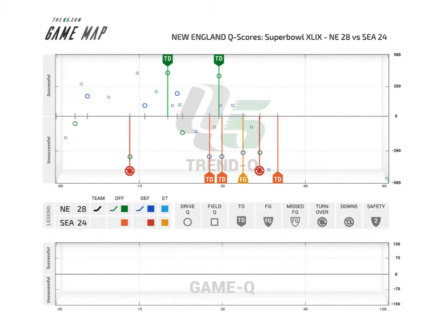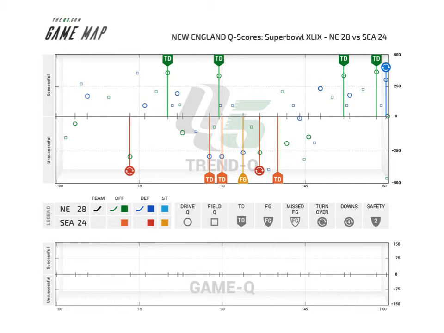The next drive for New England goes nowhere. 1 total yard, and the drive cue reflects this level of unsuccessfulness. New England's defense gives up 33 yards on the next possession. Not great, but not horrible, and the cue score marker reflects this drive result. Then you can follow the action and the cue scores for the rest of the game as New England goes on to score 2 touchdowns in the fourth quarter and also take it away on the now infamous goal line